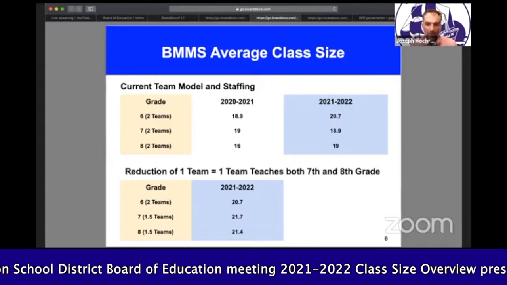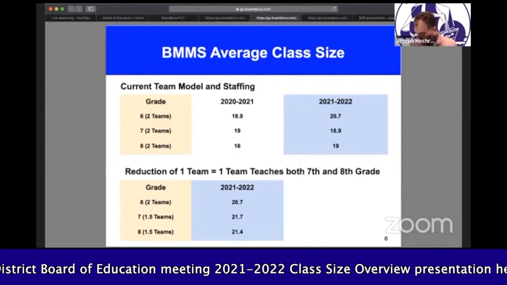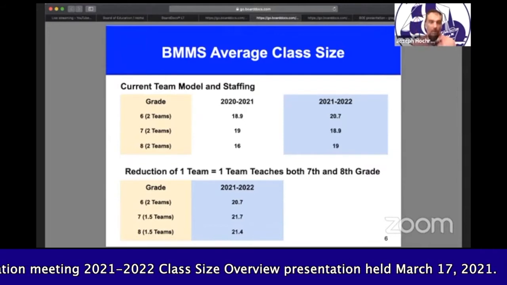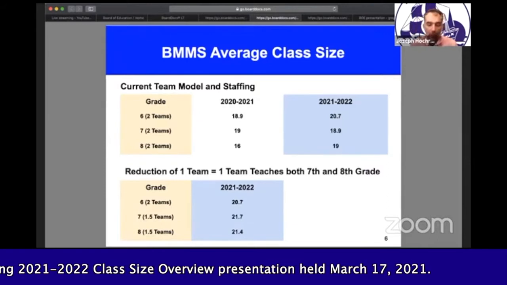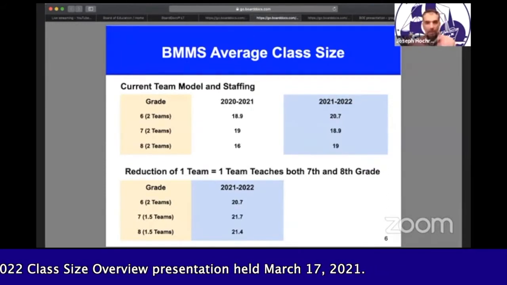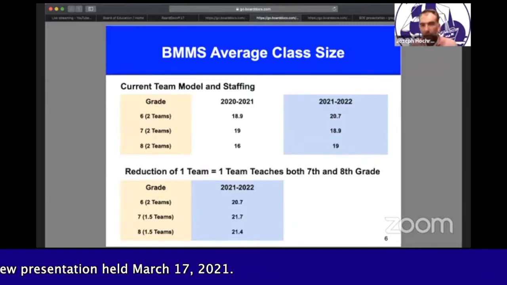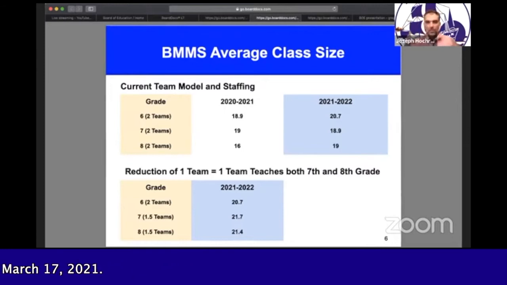So really, this is just some math and moving numbers around, because we have discussed what other potential reductions we might need to consider in order to drive down a tax levy, whether we pursue the Princeton plan or whether we don't. So this would be reducing one team. What that means is that one team would teach a little bit of 7th grade and a little bit of 8th grade. The kids would still be in a team. They would still move through their courses together. But the team of teachers would have basically a split schedule. Half of their classes would be teaching 7th grade and half would be teaching 8th grade.